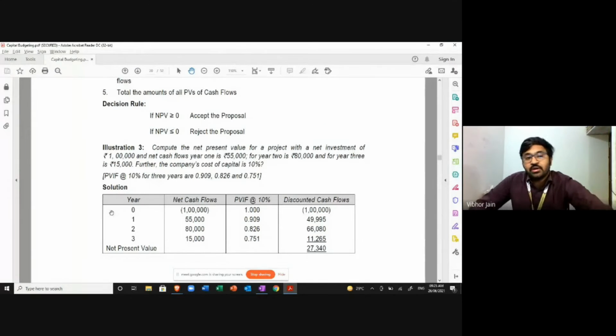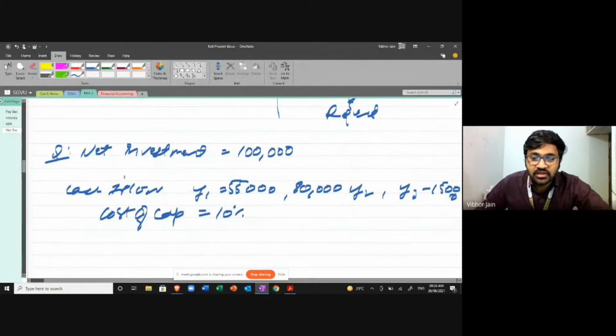Now it can also happen that the discounting factor, or present value factor as it is called, might be given to you in the question. In that case, you don't need to use the calculator to calculate the value. If it is not given in the question, then you will have to calculate it by pressing equal to, equal to, equal to. We have already talked about that. So this is the question.